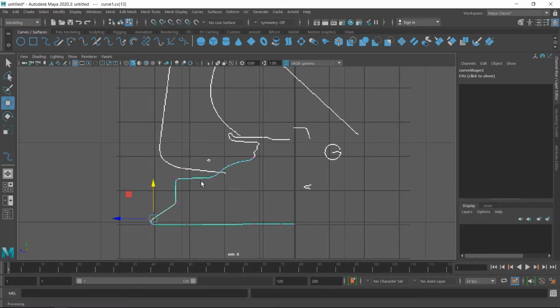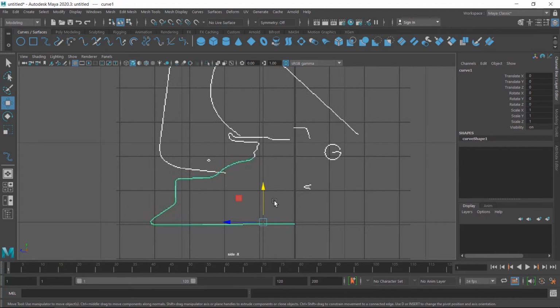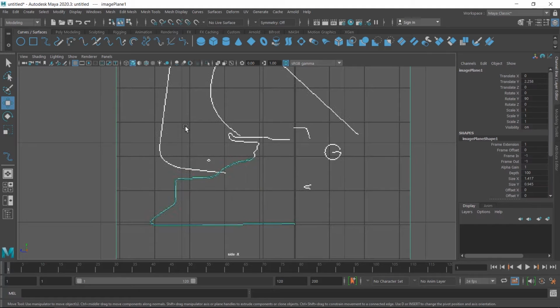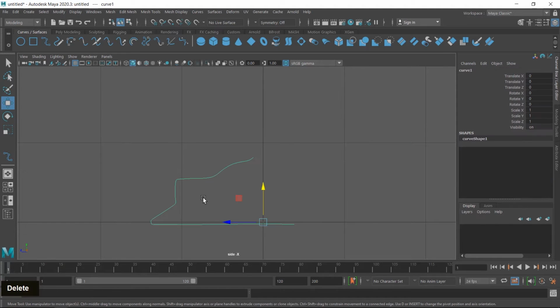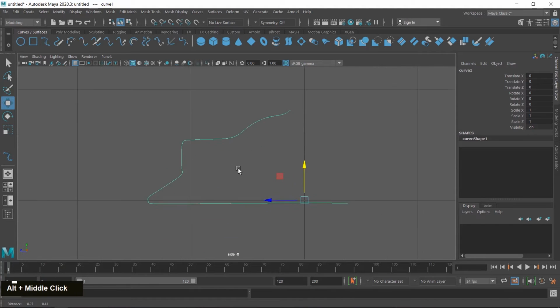Okay, fuel tank tracing is complete. Now exit from the component mode and delete this reference image. So you can see the drawing is very smooth.